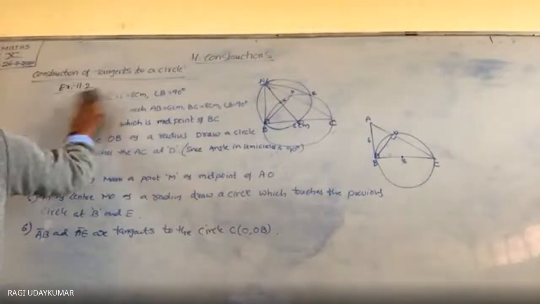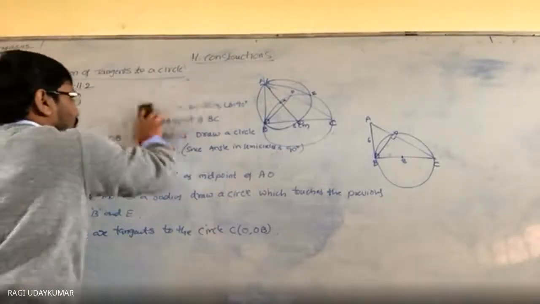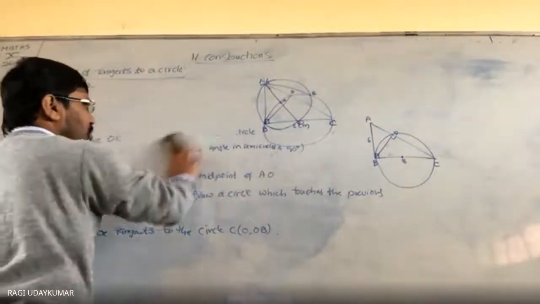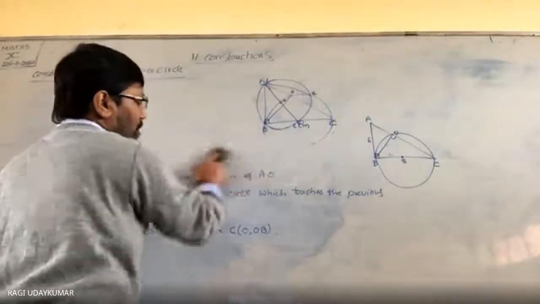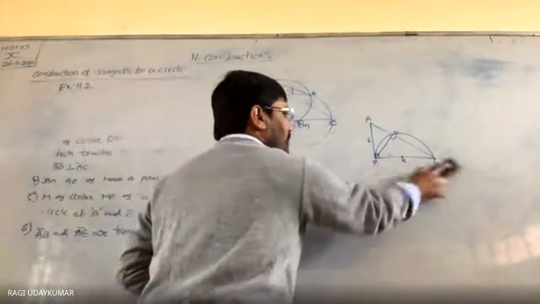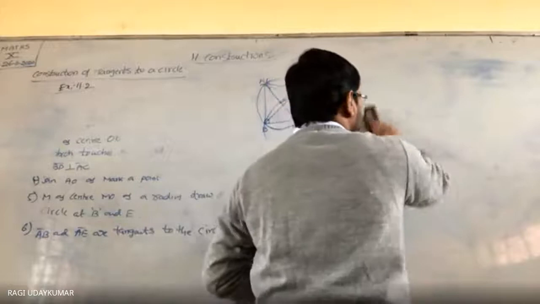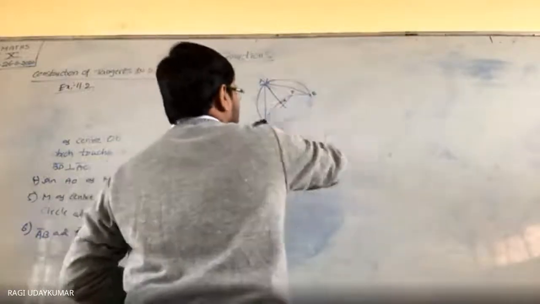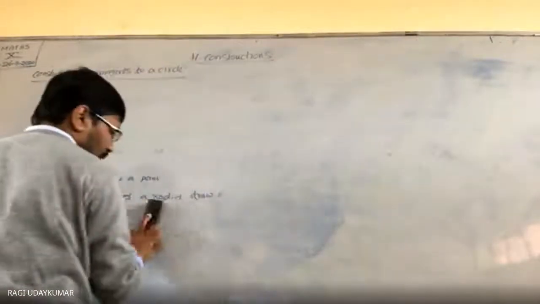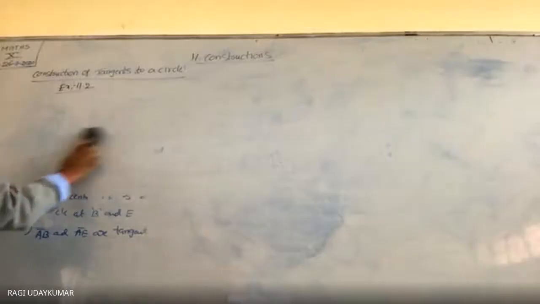Now last problem, bangle use करके एक circle ड्रा करना है. But the difference is what from the previous problems to this problem. In all these previous problems, you are having a center. But when you draw a circle using the bangle or any circular object, you don't know the center in that. So center first find out. In the 9th class, I think you have learned how do you find out the center if the center is not given. Anyone do remember? Yes, sir. What to do? Sir, by making two non-parallel chords and perpendicular bisector of them. That's all. Can you do it?